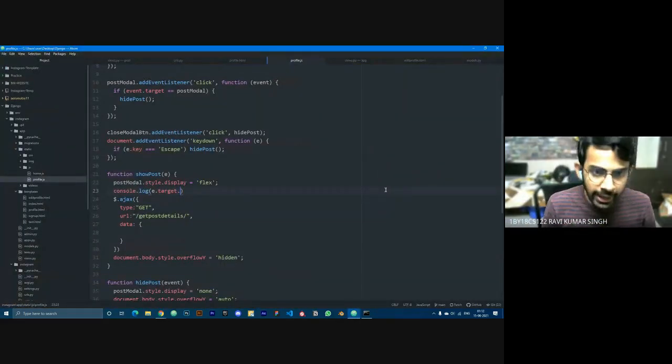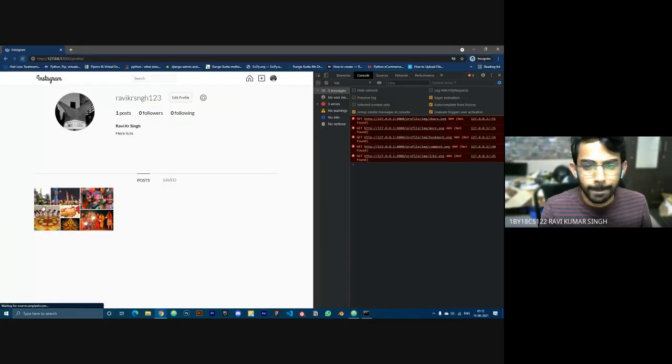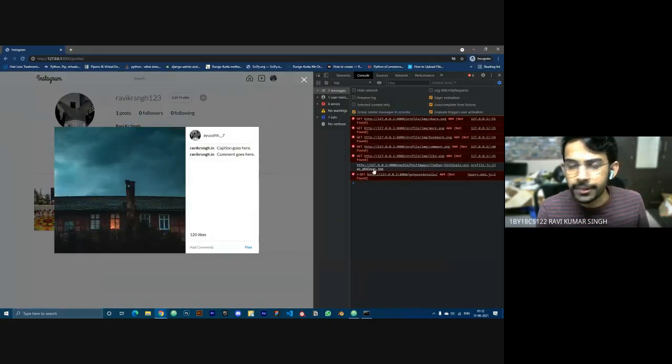So e dot target, and then if I just do dot source, printing the source.